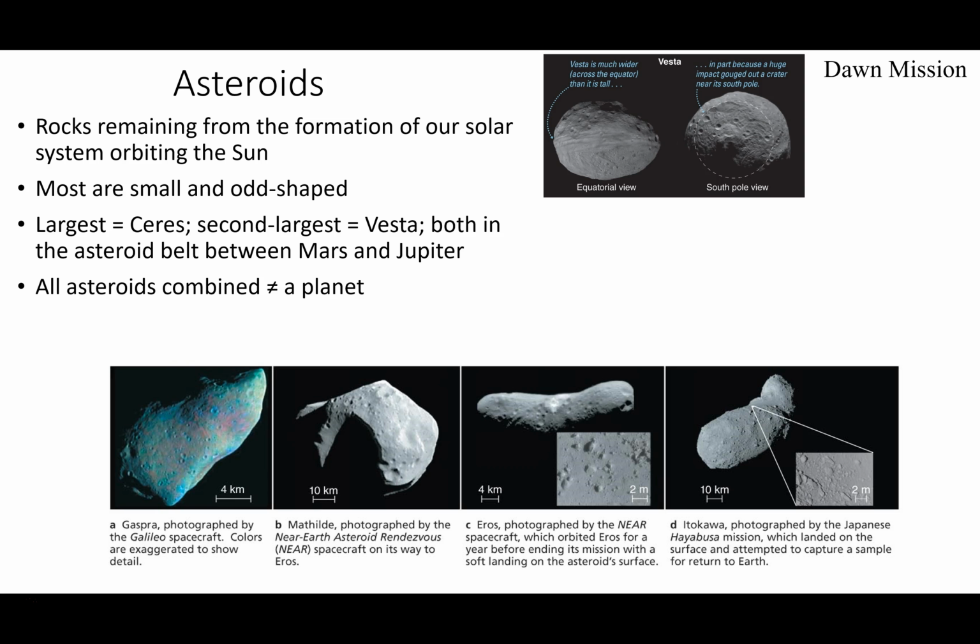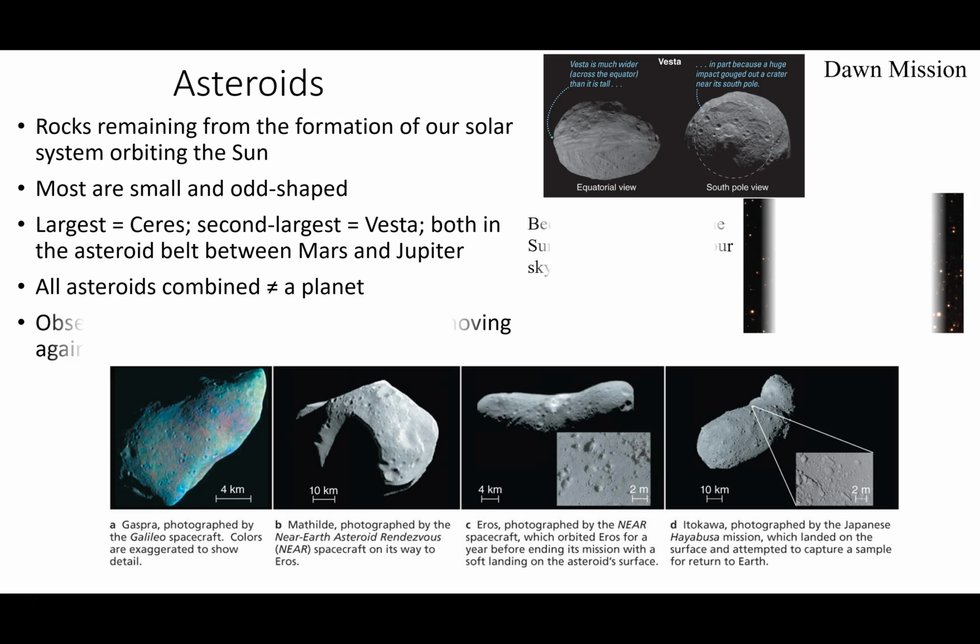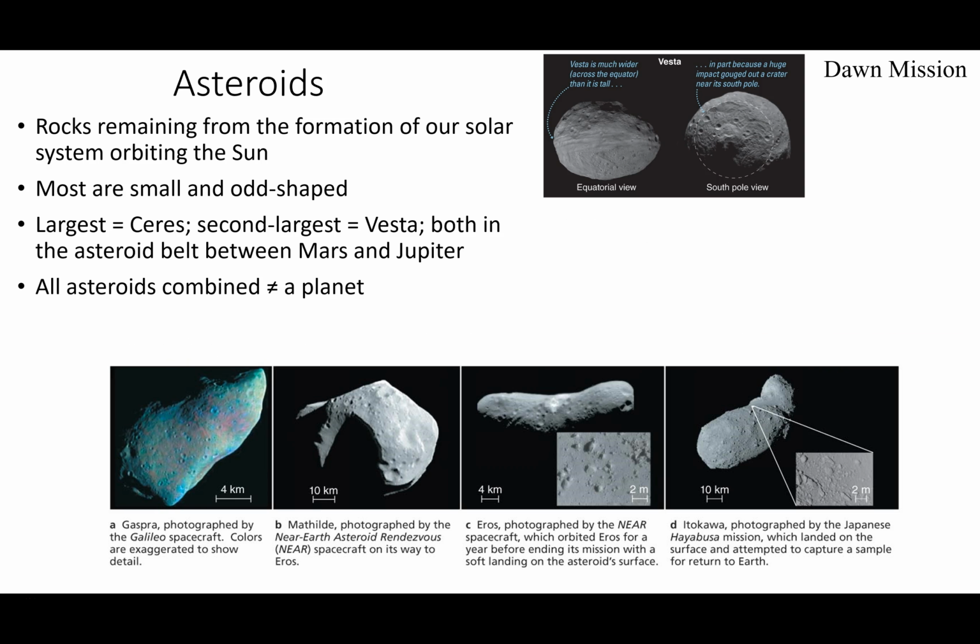Now, we have a couple kind of spherical looking ones. Is this the same one? Got Vesta, okay, and Sirius. So this is Vesta. Now, we're going to talk about where these rocky bodies are. Where are these asteroids, meteoroids? And some of them are